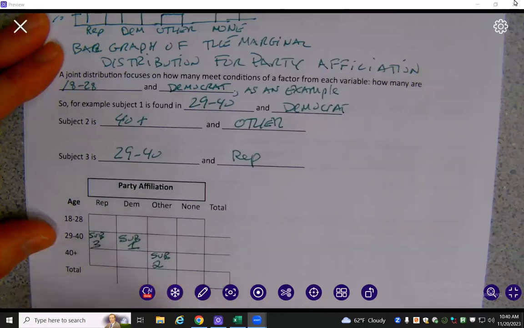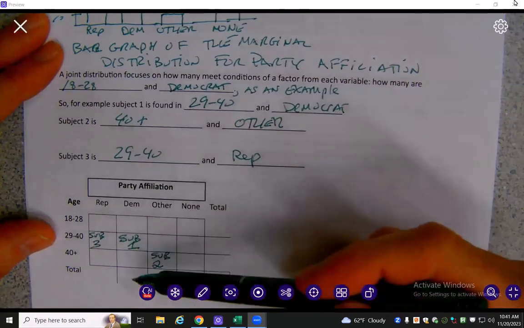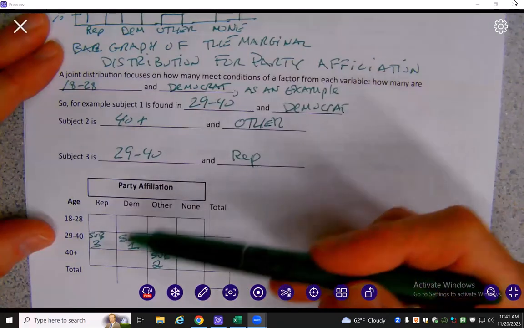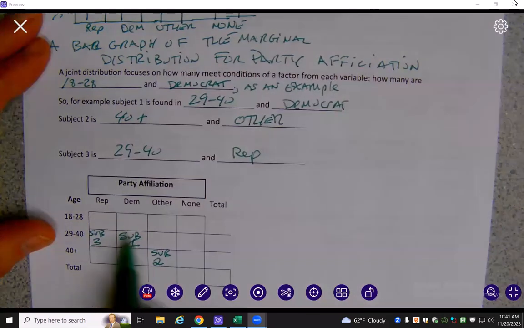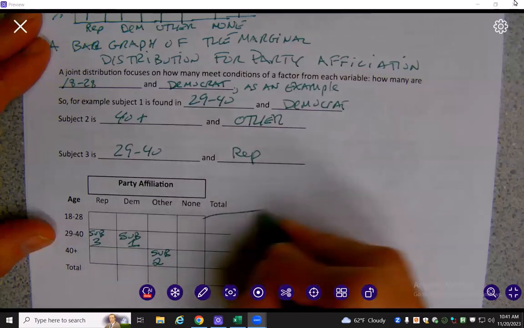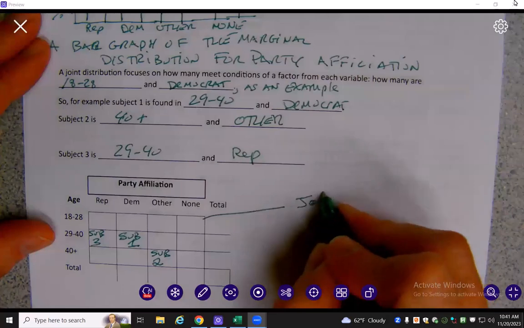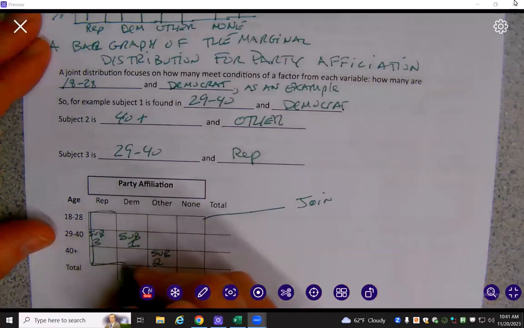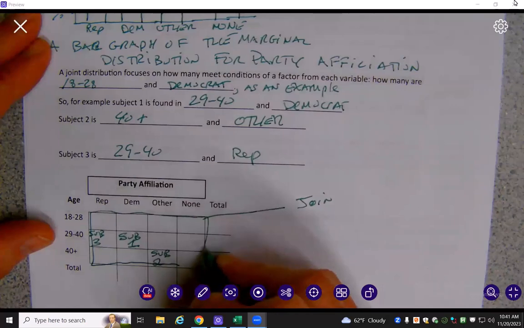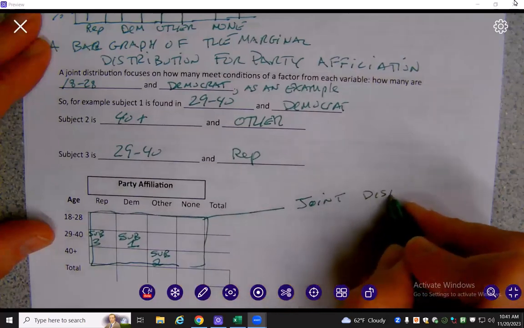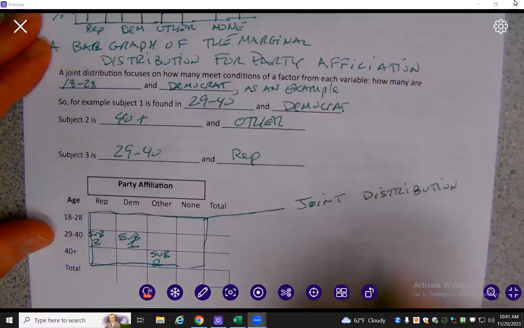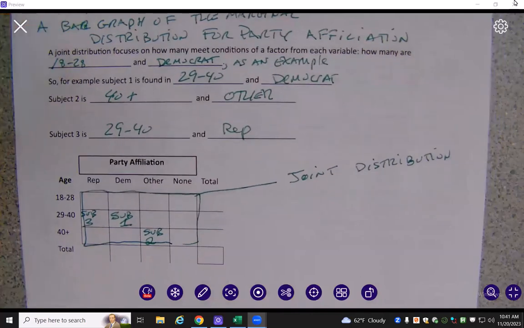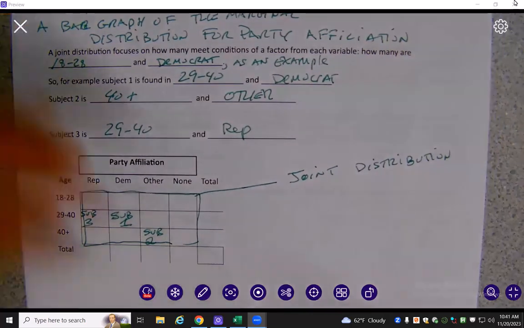Subject three. So in other words, all we're going to do is keep track of where they belong inside this table. And at the end, what we're going to do, we're just going to count. So how many fit in this group? How many fit in this group? How many here? How many here? How many here? So this forms the joint. This area right here. This forms the joint distribution. So we don't want to separate the variables. We're trying to see